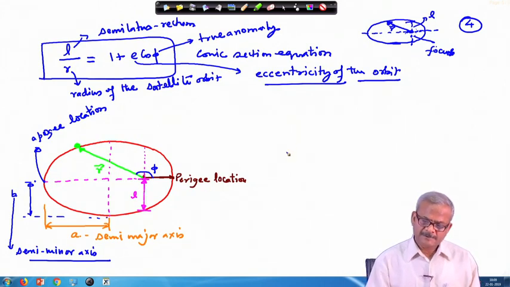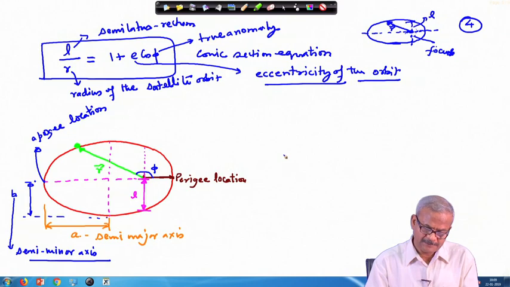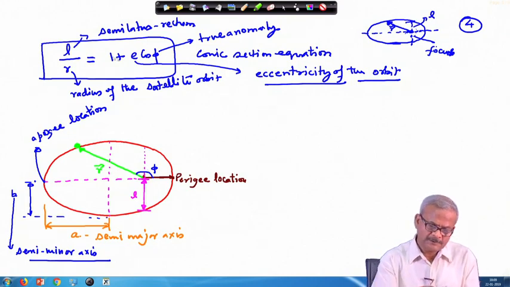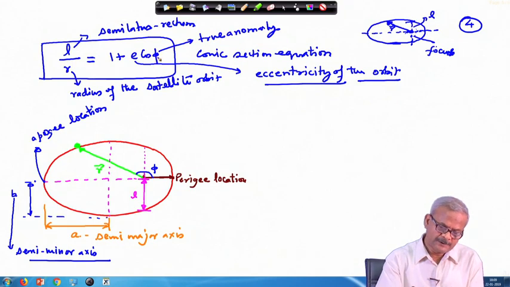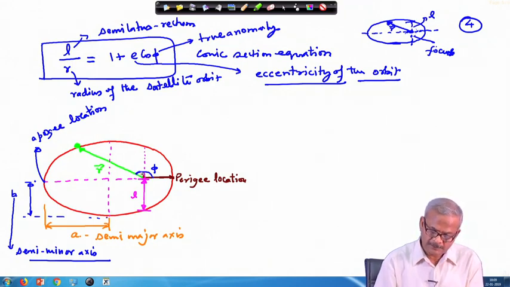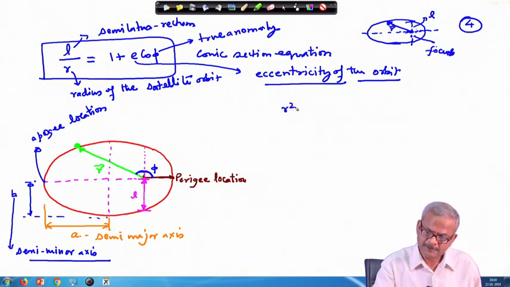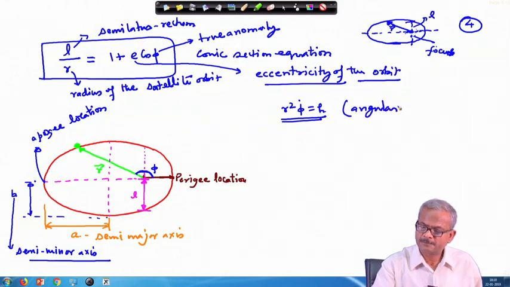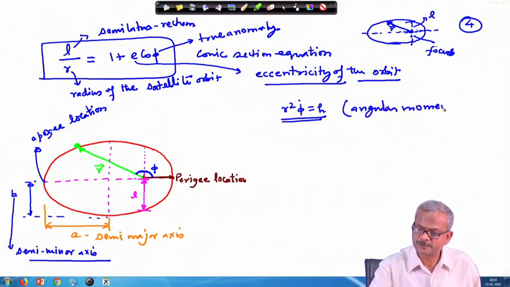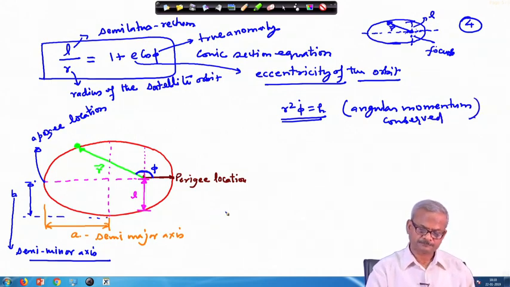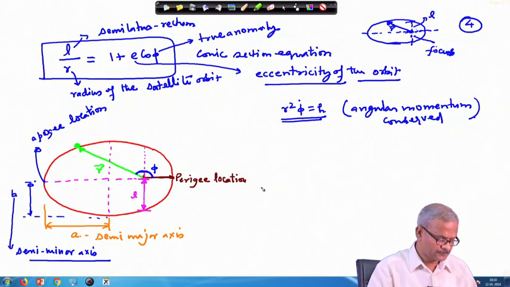This description is given in the space flight mechanics lecture. So, here this is the conic section equation. From there we can get the rate at which this phi changes. This is a simple differentiation, and moreover because the angular momentum is conserved in such kind of orbits, this equation is also applicable. Under central force motion, this is always valid. Now, we are ready to take it to the next stage.